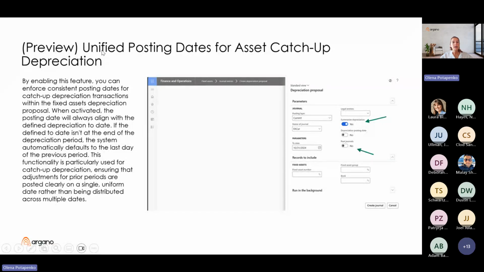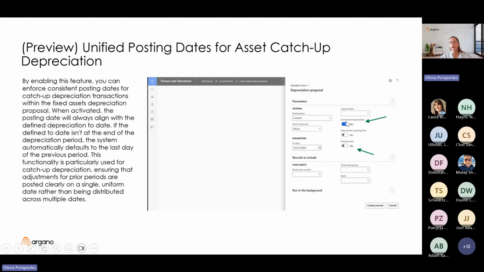And by enabling this feature, you can enforce consistent posting days for catch-up depreciation transactions within the fixed asset depreciation proposal. So, for example, if you turn on this new functionality, when you run a depreciation proposal for fixed assets,